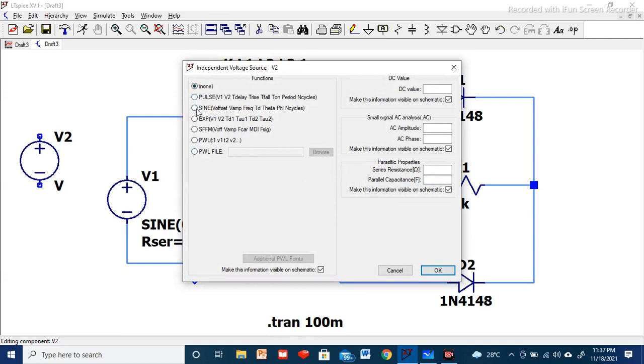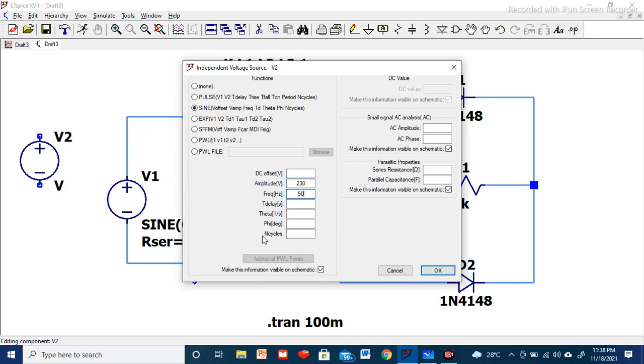Right now we will go for the third option, SINE, sign, where we have V offset, V amplitude, frequency and other parameters. So right now in our example or in our rectifier circuit, we'll select this sinusoidal signal. So these all values are asked. We have to enter only amplitude, which is 230. So we'll enter here 230. Frequency, we are defining it as 50 Hz. So we'll enter it here.